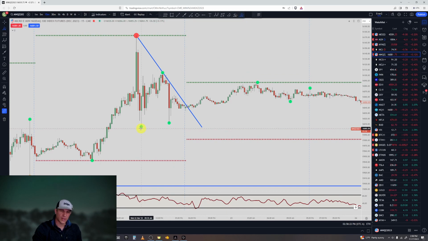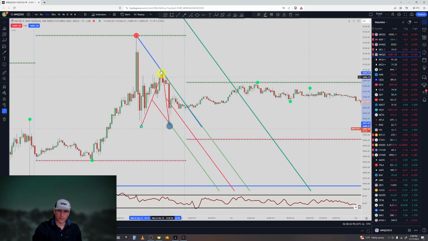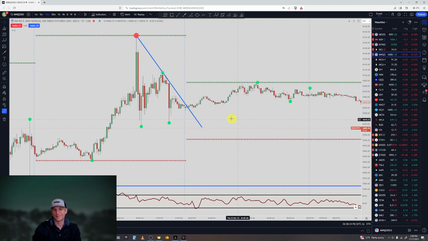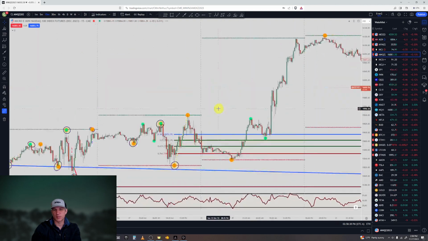And you see over here, we had an inside pitchfork trade from the triangle trade. So they're close outside of it right there, and that would have been the exit right there. So that one went up there and worked. And as you can see, we just have a bunch of other